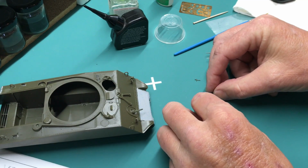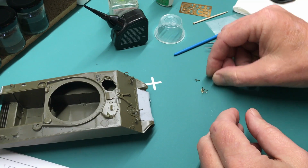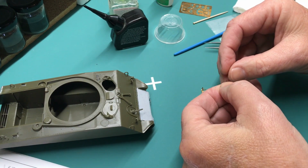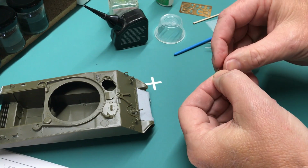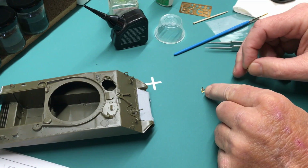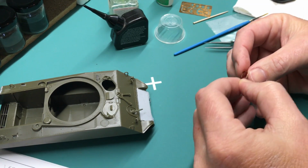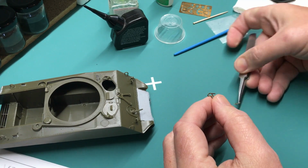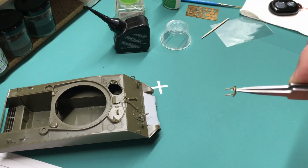All right, so now the way it's supposed to look is, okay, this part right here is going to stick out a little bit farther than that part. So let's see if we can get it in place here. Whoops. I'm going to flip it over. All right, and here it is